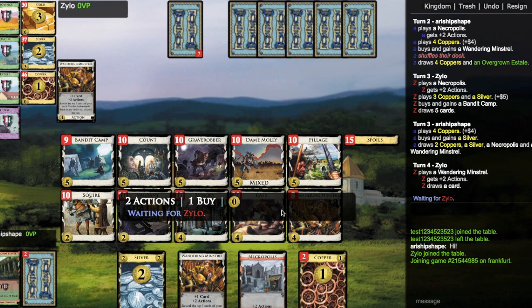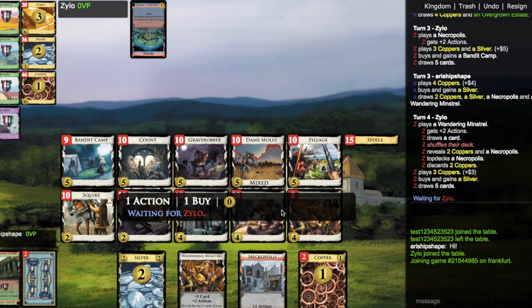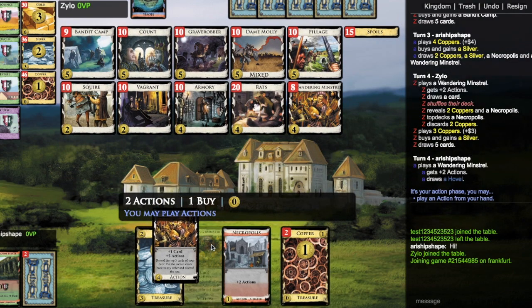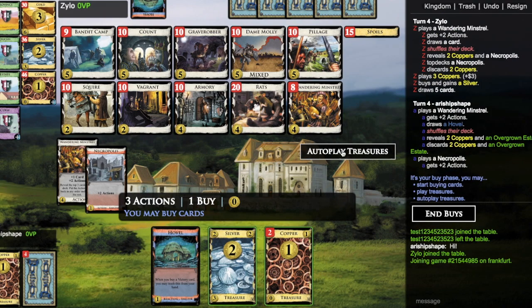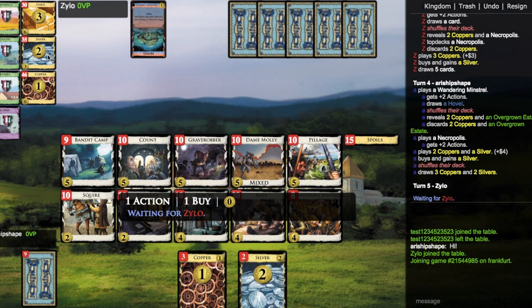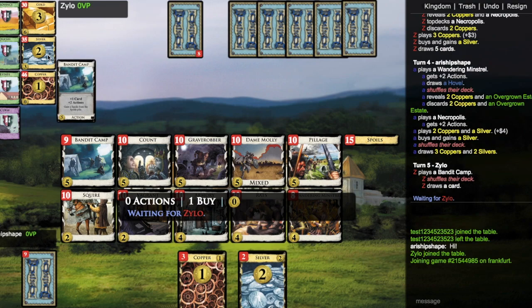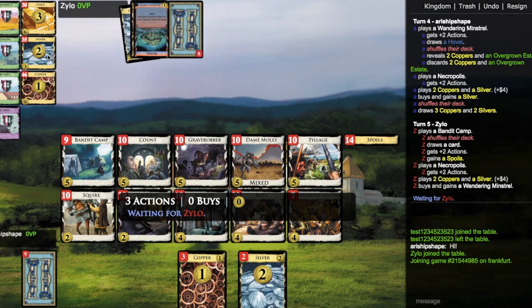Alright, I got Wandering Minstrel and silver. So if I can draw a copper with this Wandering Minstrel... Sorry about that noise in the background. Dang it! Man, I still can't crack 5 coin. I'm really trying to get the Count for the trashing, but I guess I'm just having to buy yet another silver. There we go. Alright, that is 5 coin, no question. My foe's already getting spoils and stuff, so...